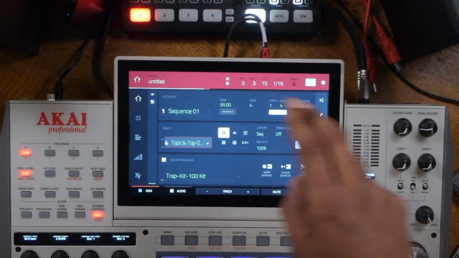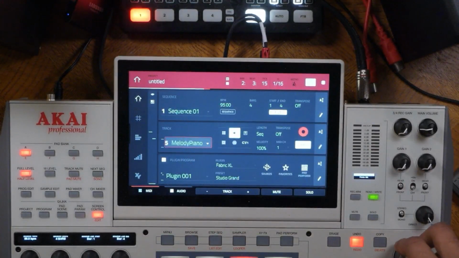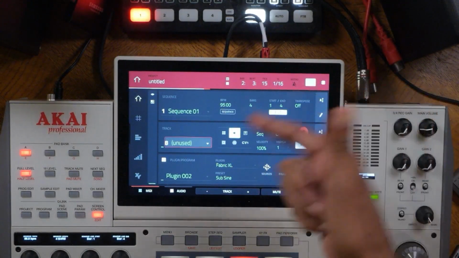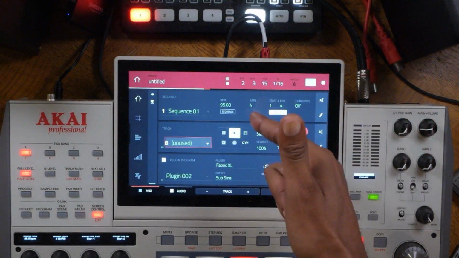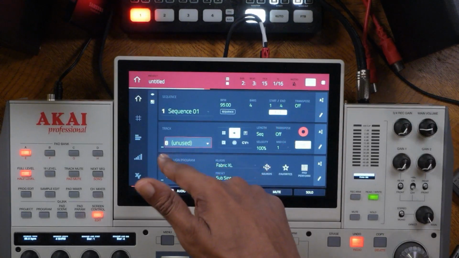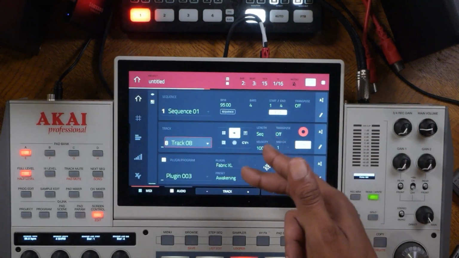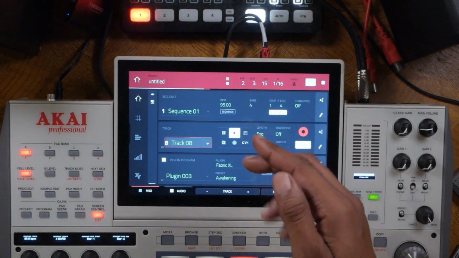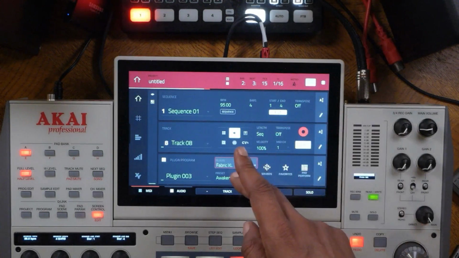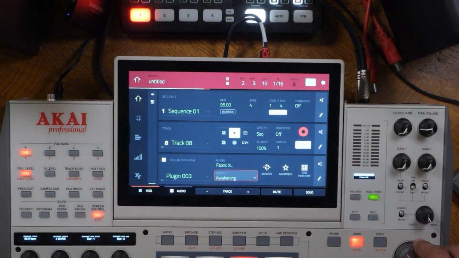So let's go ahead and add another element to this track. I'll go to an empty track over here, track number 8, and I'll keep it on the plugin program for right now. What I'll do is hit the plus sign. Remember, the plus sign is your friend if you want to continue to work with different plugins. You could change your plugins. I'm going to stick to Fabric Excel, and then I'll go and pick another preset. So I have this magic box here,